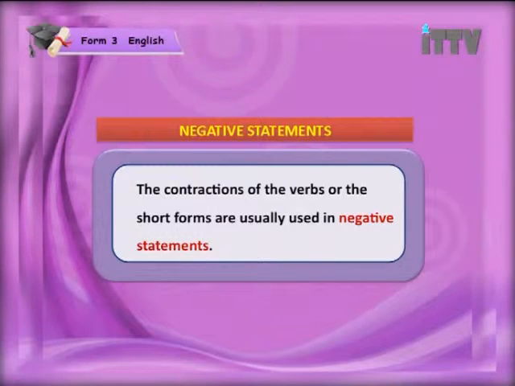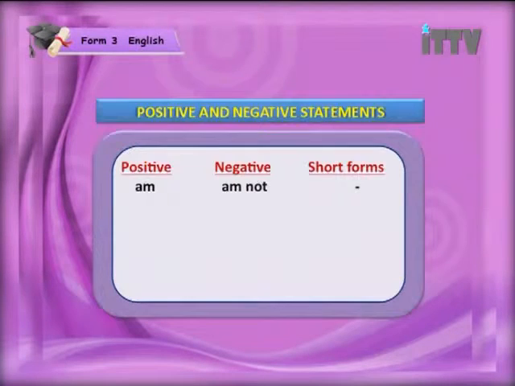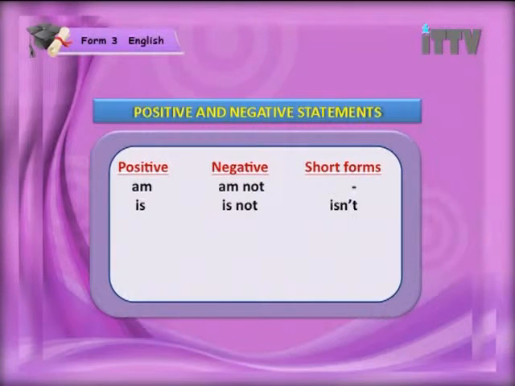Now, for negative statements, we can also use contractions. The contractions of the verbs, or the short forms, are usually used in negative statements. Now, positive and negative statements. Positive, you have am, negative, am not. Now, there's no short form. The next example, is becomes is not. The short form is isn't. Next, are